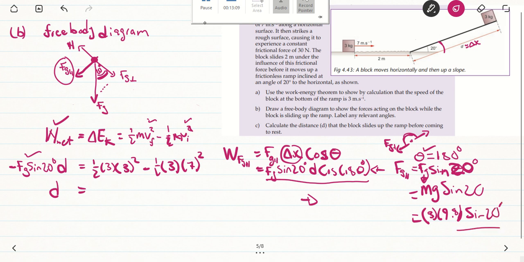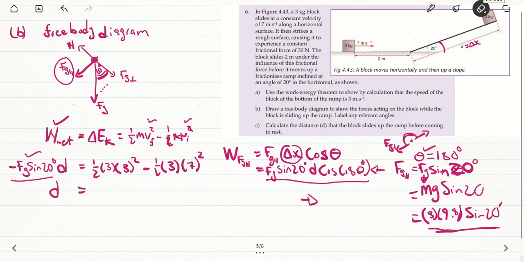So this is the expression that we should have written here, instead of having that Fg there. But it's not a problem, there's nothing wrong. It's just that we substituted a bit late, which is still okay as well. So what you need to do is to say, in the place of Fg, you're going to write mg, but mg is 3 multiplied by 9.8. And of course there is sine